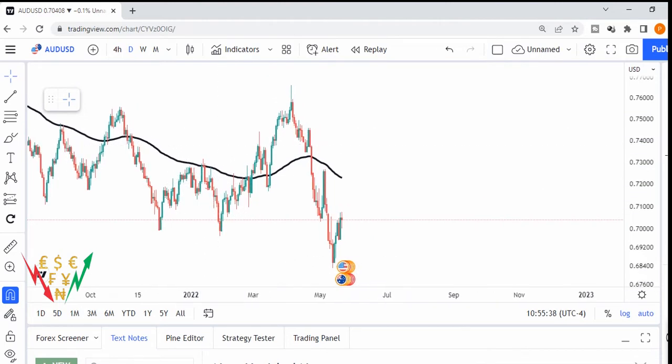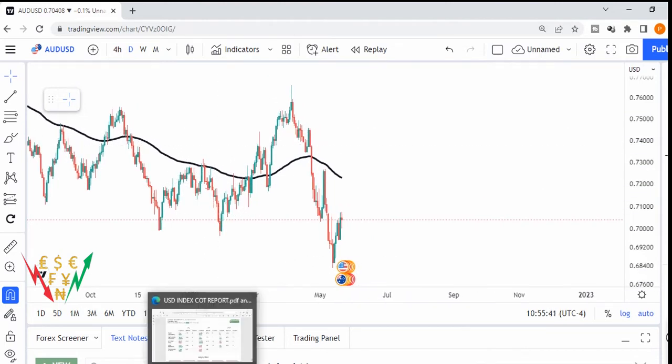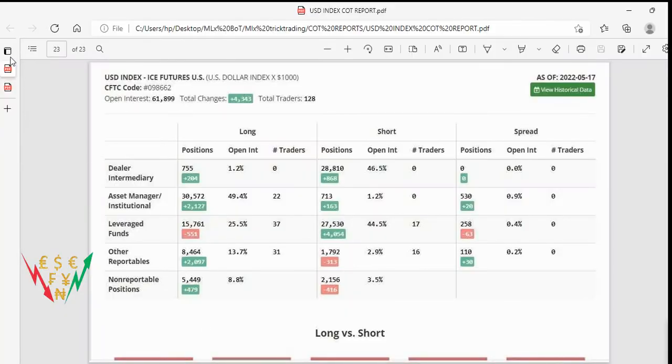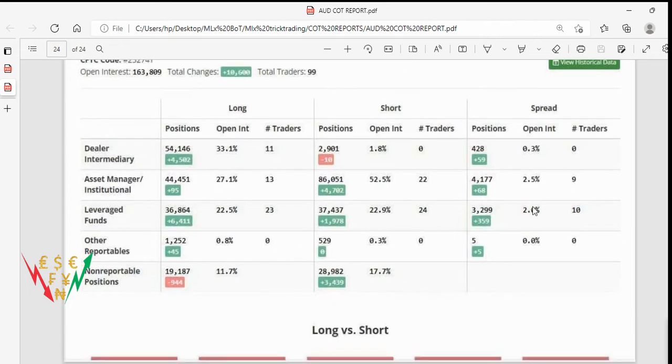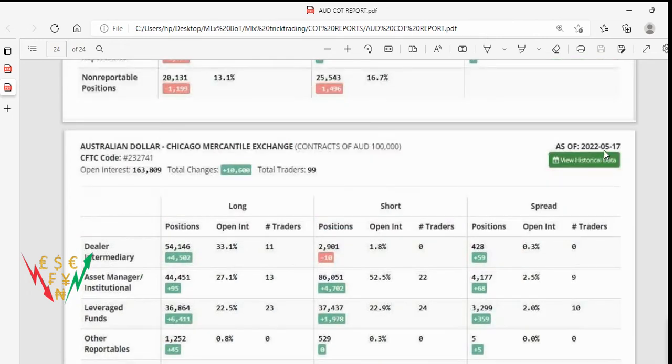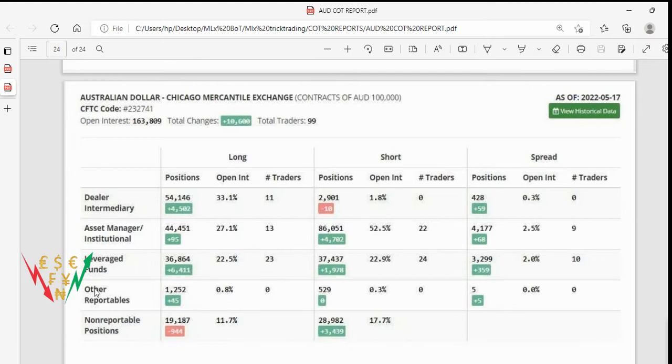So guys, with that, let's take a look at the COT report once more from the Australian scene, right? Okay, from the Australian COT report that was released last week, or Tuesday last week, right? Okay, that was actually released on Friday. What we noticed was the leverage funds added 6,400 long positions and then removed 1,978 short positions, which made us see some bullish sentiment in the AUDUSD pair.